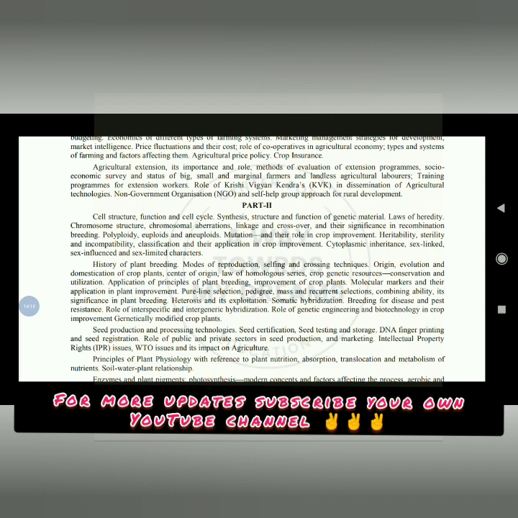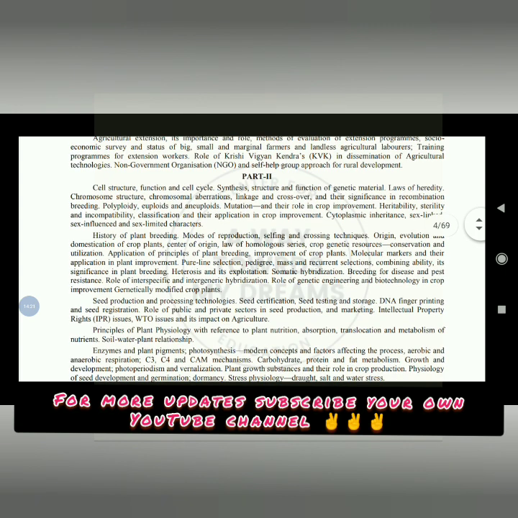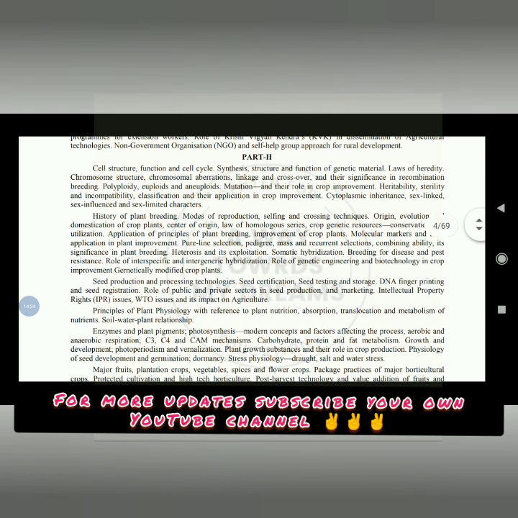Synthesis, structure, function of genetic material, laws of heredity, chromosome structure, chromosomal aberration, linkage and crossing over, and their significance in recombination breeding, polyploidy, euploidy and aneuploids, mutation and their role in crop improvement, heritability, sterility and incompatibility, classification and their application in crop improvement, cytoplasmic inheritance, sex-linked and sex-influenced and sex-limited characters, history of plant